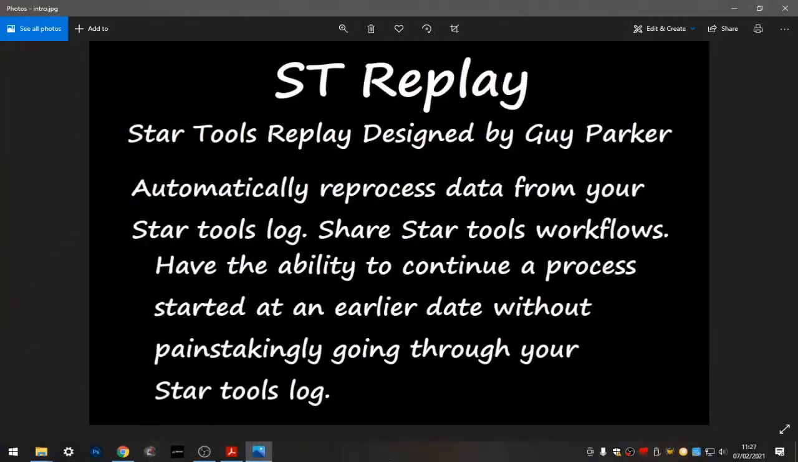Hi, this video is about STReplay, Startles Replay. It's designed by Guy Parker. The idea is to be able to process any images and workflows that you've done previously that are stored in